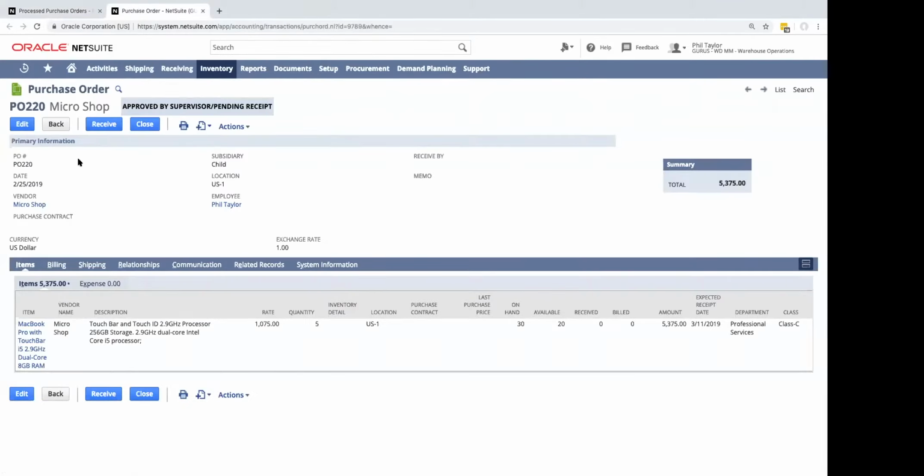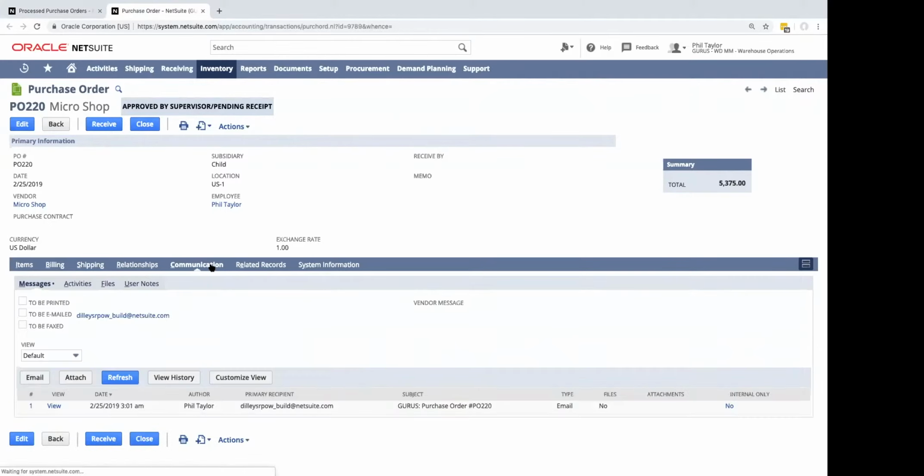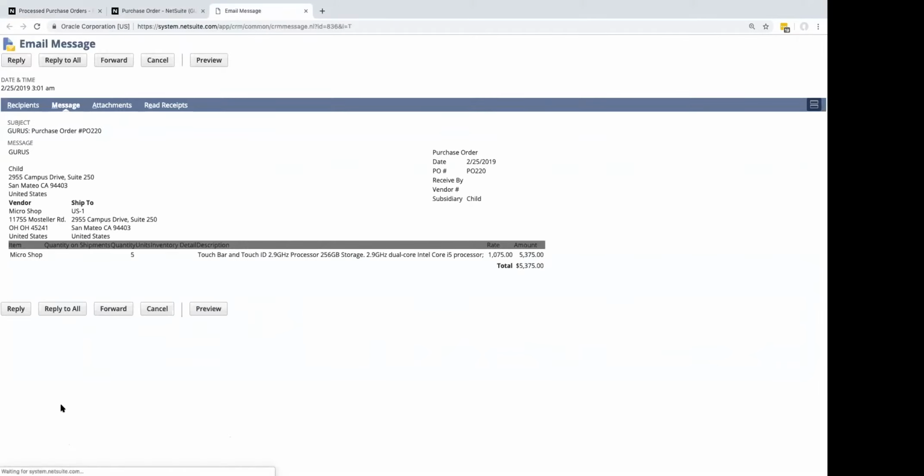Let's take a look at that one and see that the email was actually already sent to the vendor. If I come beneath the communication subtab, underneath messages, you can see that there is an email sent out already with the purchase order included, and I can have a look at it as well. We have a simple format in this case. I'm not using one of the advanced PDF layouts that NetSuite also has, and my vendor's already received it.